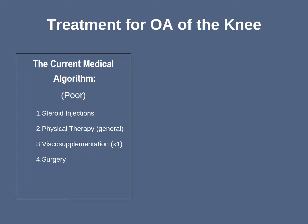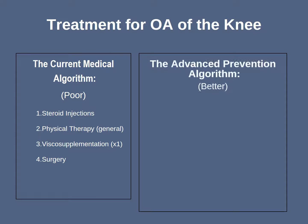So in a previous part of the presentation, we looked at our treatment of osteoarthritis of the knee, looking at the current medical algorithm, which utilizes steroids, perhaps some general physical therapy, and then late in the game maybe utilizing some viscosupplementation, generally a one-time shot before going to surgery. We're looking at the advanced preventive algorithm, something that's better. Again, physical therapy, a very specific physical therapy to address the particular biomechanics of the individual. Then utilizing PRP, or what we consider SCP,